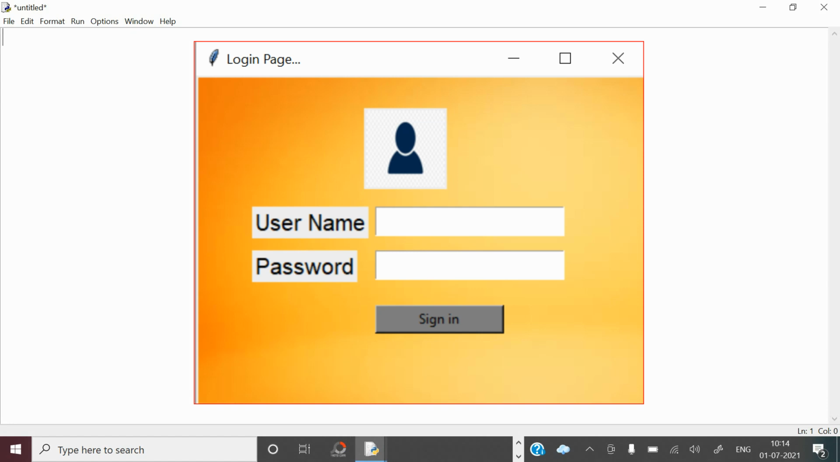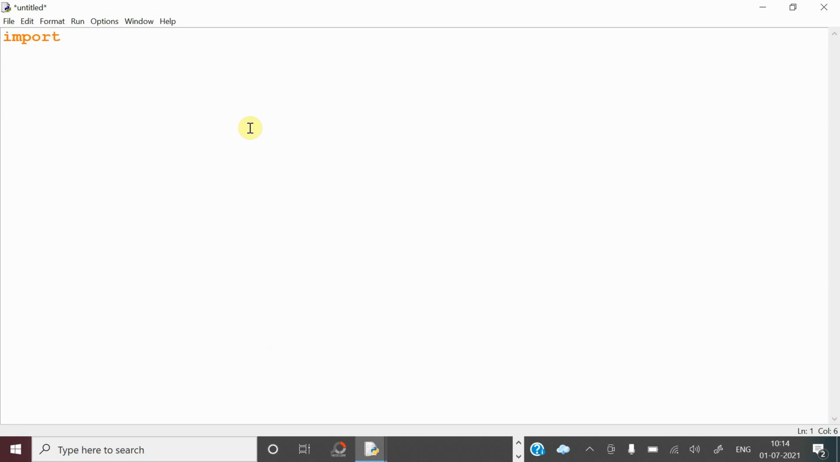In this video we are going to see how to design a Tkinter GUI for a login page. For this, first we have to import the Tkinter module, import tkinter as tk with the alias name. Now you have to create the root window, so root equal to